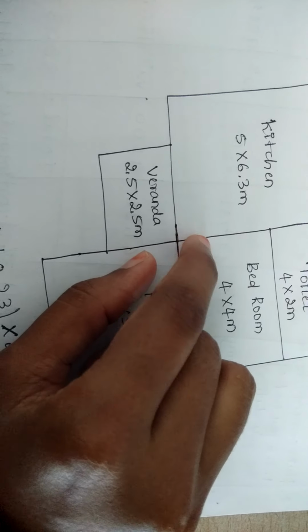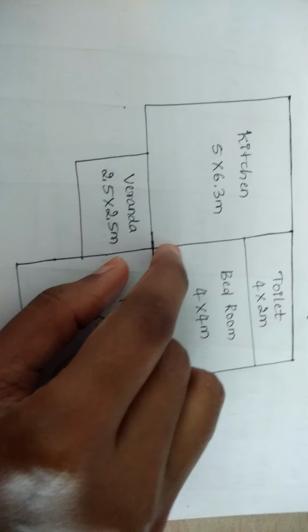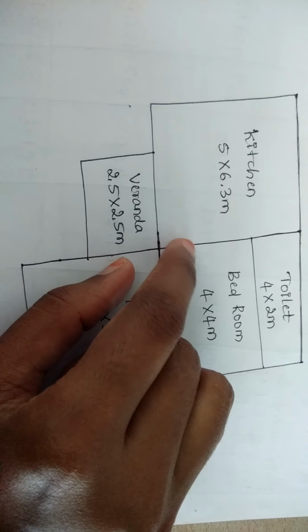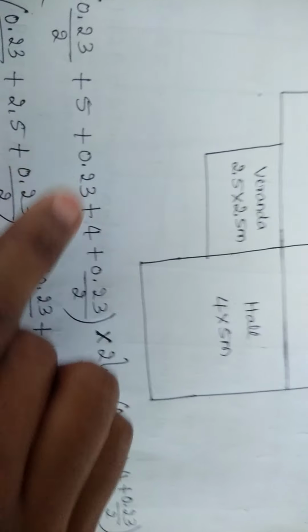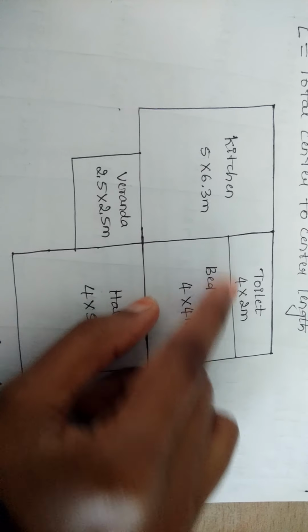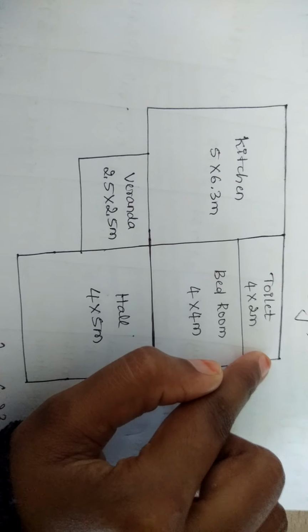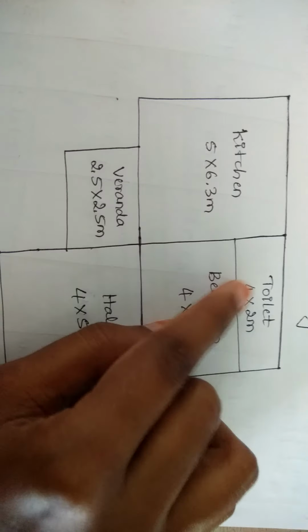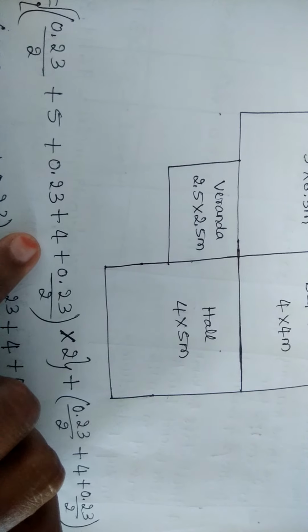And then one line you can see here. This line represents the wall here. As this wall is coming in the inner side, we have to take the whole thickness of the wall. The whole thickness of the wall is 0.23 plus. Next, let us move here. So on moving from here to here, the clear distance of the toilet or bedroom, or it may be hall, whatever the portion you consider, or for all the three portions, the value is same. The clear distance is 4 meter, which is a horizontal distance. I am taking this as 4 meter.